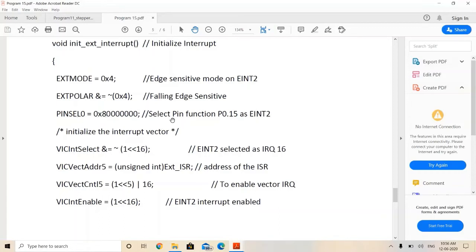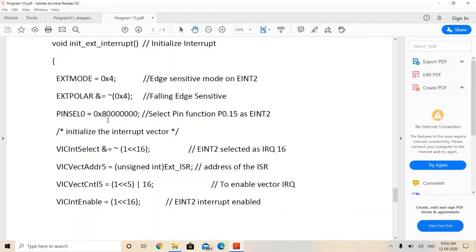Total 32 pins, 32 divided by 2 means 16. So 2 bits are used to represent what type of function the pin is going to be used for. To use it as external interrupt, it must be the bits 30 and 31, the last ones.